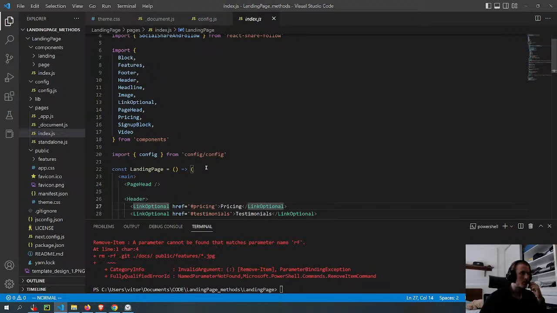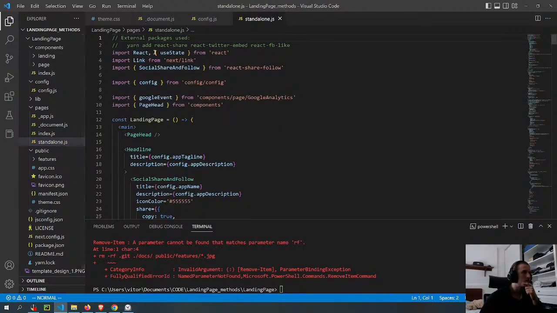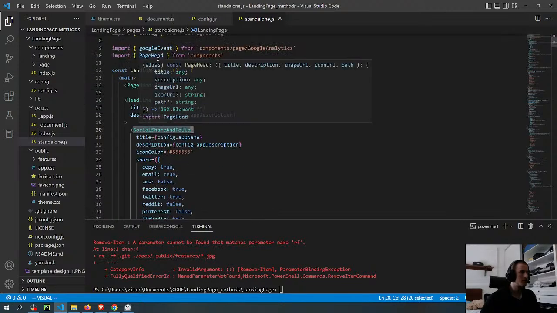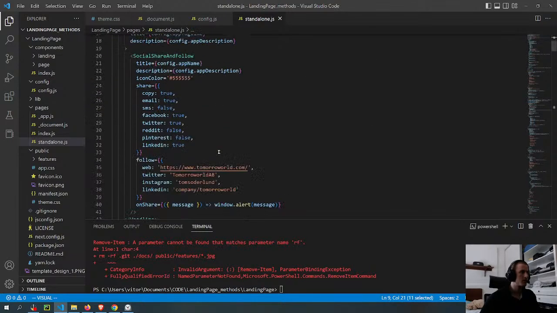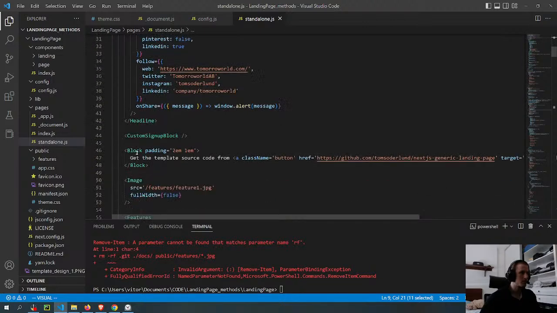Yeah, so it's pretty much the same structure from every project. He put everything in the components, and then he just did this page. Oh, interesting.